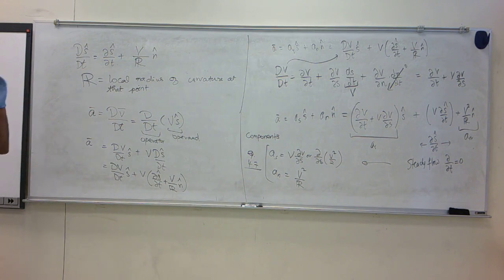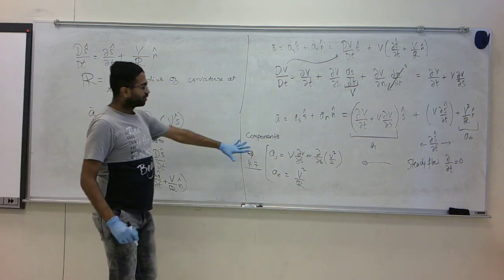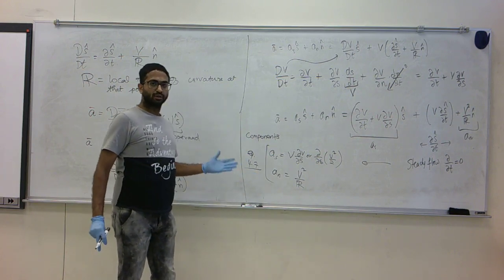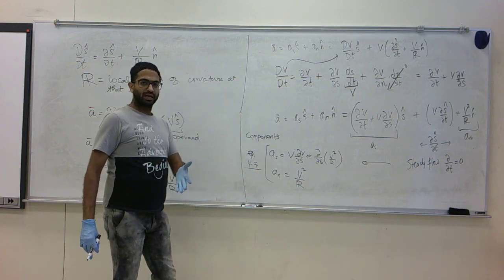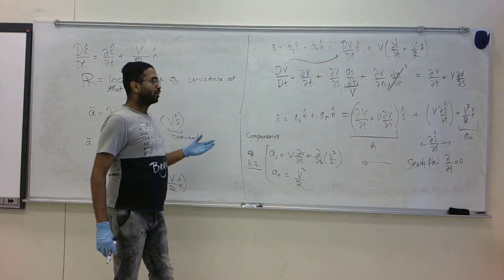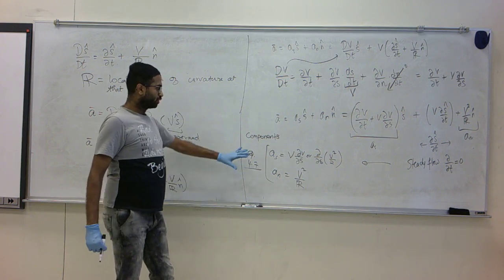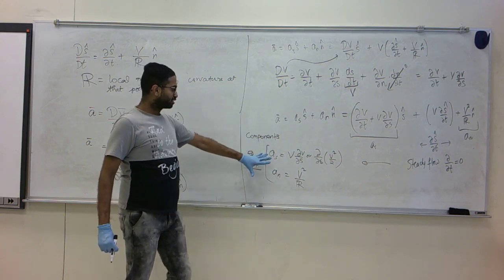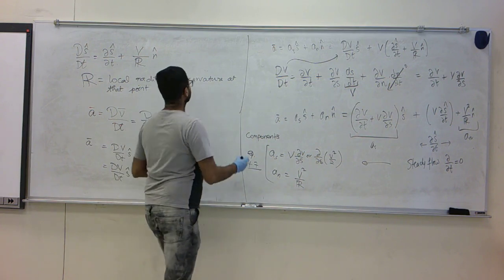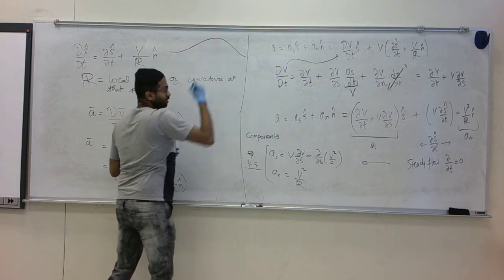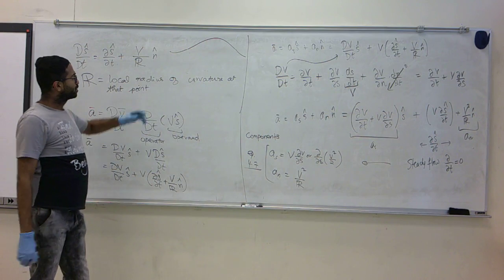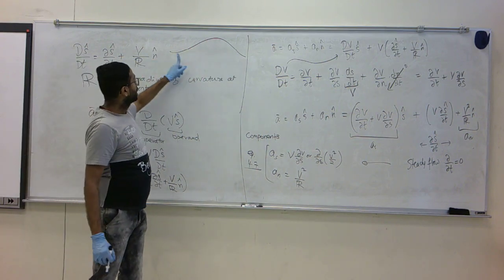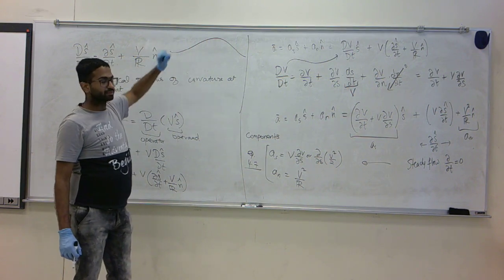Equation 4.7 from the book is what we will use when we try to derive equations of motion that connect pressure, velocity and height, which is the Bernoulli equation. So this is a derivation that will come in handy later, but even otherwise this is telling you, if you have a flow that is having a curved streamline, the variation of the acceleration along the streamline and perpendicular to the streamline.